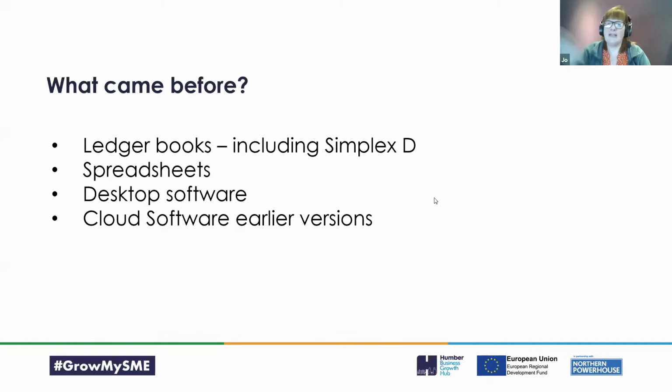They don't like ledger books because you can make too many mistakes if you're using your calculator and handwriting things in. They don't like spreadsheets for the same reason. It's too fraught with the ability to make mistakes. So they like software, and they like software that they can interact with and you can interact with them through it. So that's why cloud-based software has really taken off in the last couple of years.